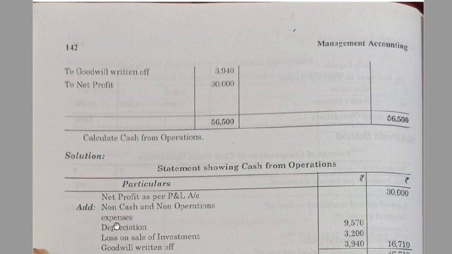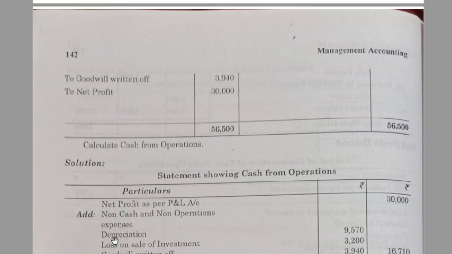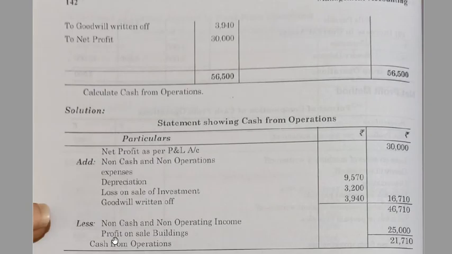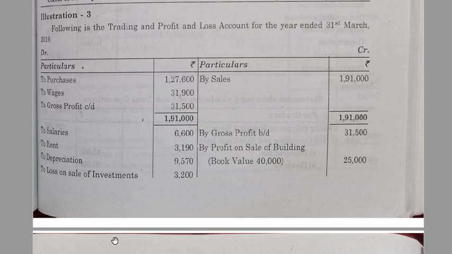So you will add all your non-cash and non-operating expenses. Non-operating expenses are expenses which does not fall under your operation, and non-cash are basically which cannot be valued in the cash form, but there is decrease or increase value happening in the business. So your non-cash and non-operating expenses in the question, if you see,